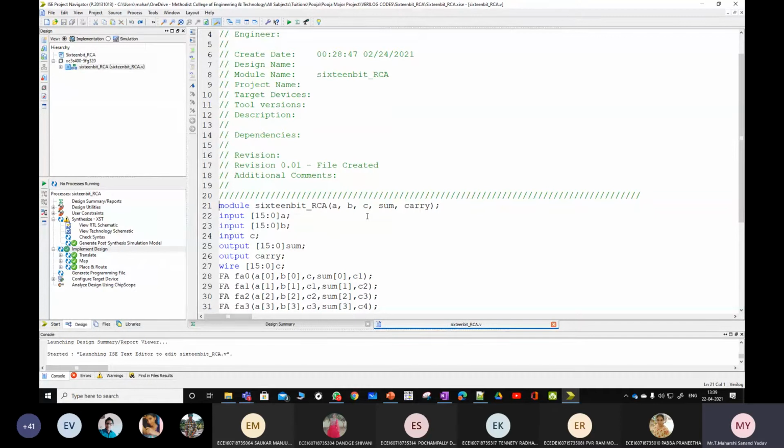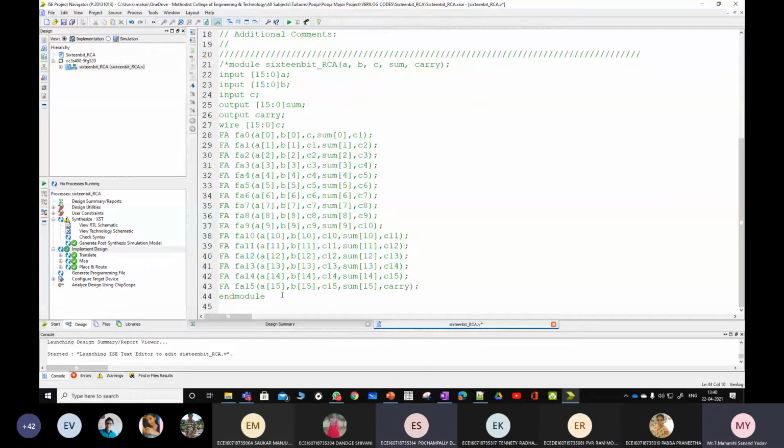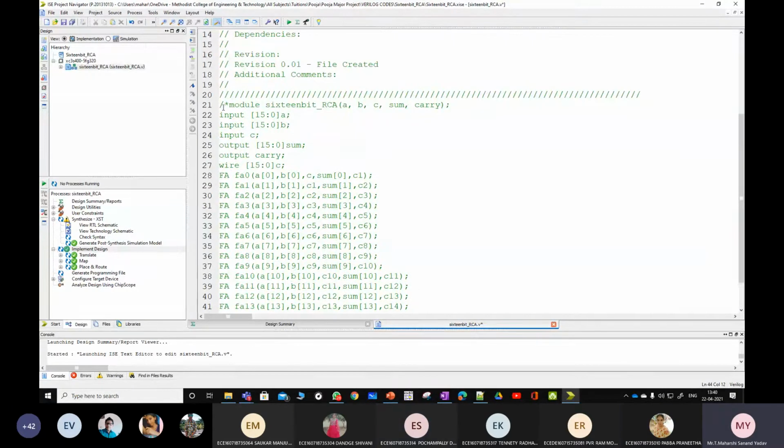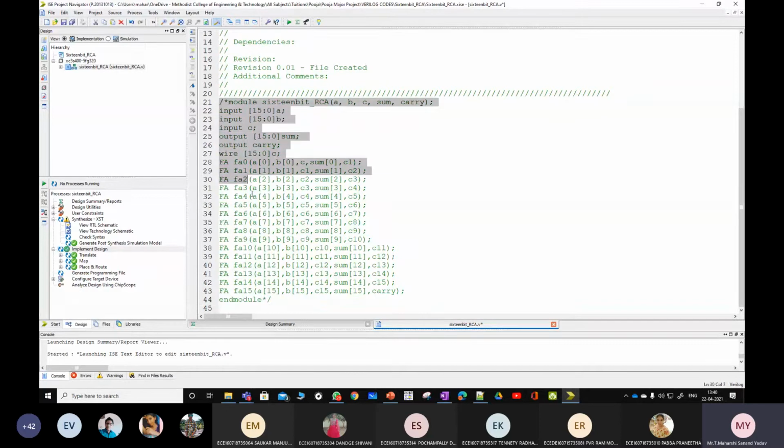Now multi-line: slash star, and at the end star slash. See, this entire code has become a comment, completely turned green. This is called multi-line, whereas single line means only 2 slashes.